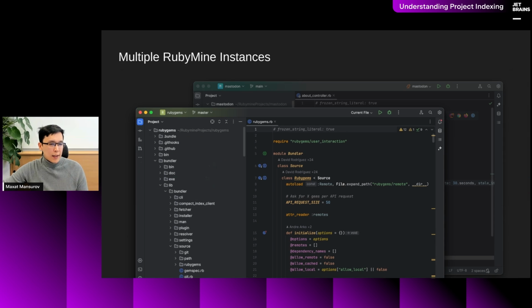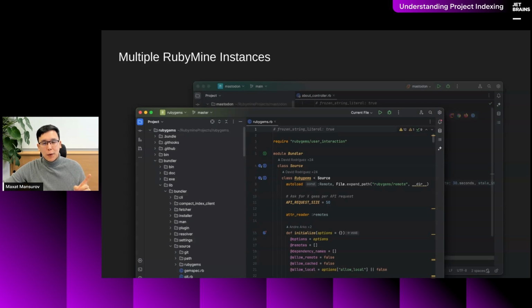Yes, the next thing is a tip for folks who have more than one instance of RubyMine, or more than one window of RubyMine opened. If you are working, for example, in multiple projects at the same time, then it may be useful to not open the projects in a different window of the RubyMine application.